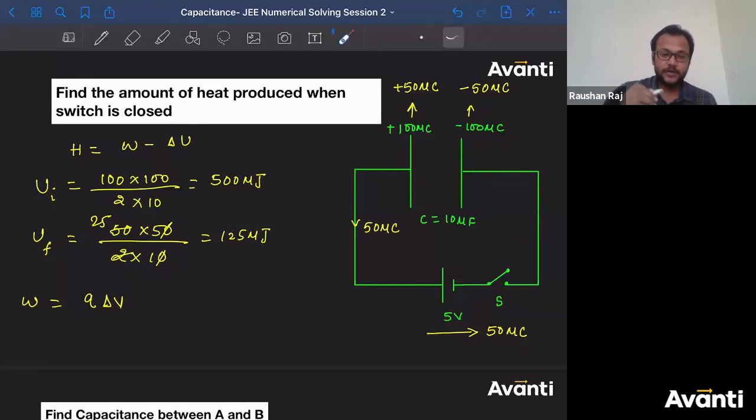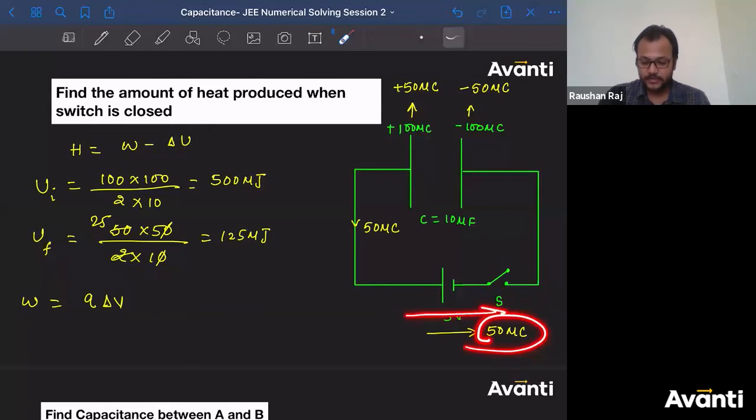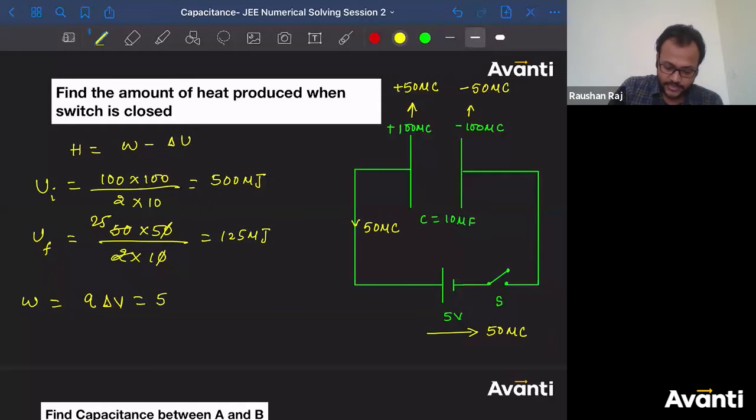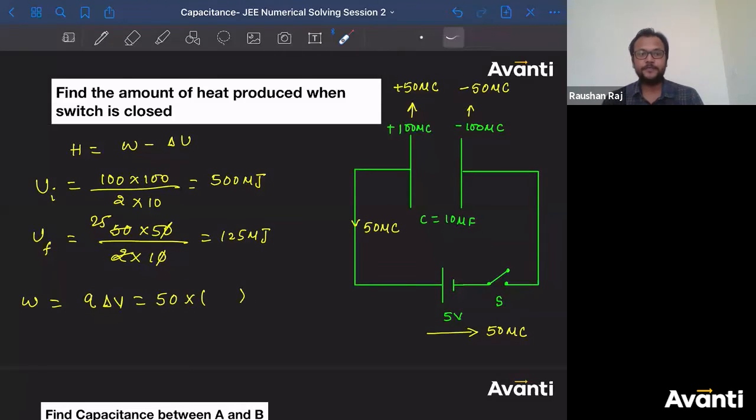Tell me what is the potential difference across which this 50 microcoulomb charge is flowing or moving from left to right. It is 5 or minus 5? See, Q is positive, so we will put 50. What about delta V? Tell me, should I put 5 or should we put minus 5? I was hoping for this answer. Few of you are going for 5, few of you are going for minus 5. That means there is a kind of uncertainty with you, right?